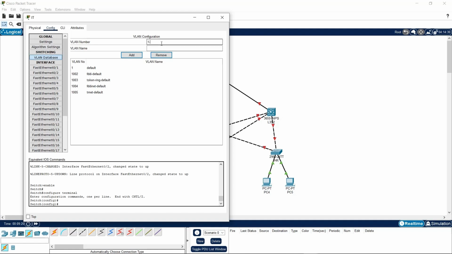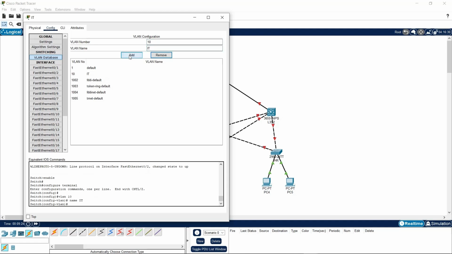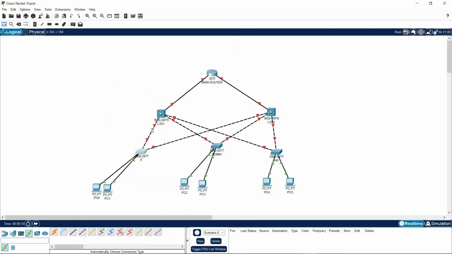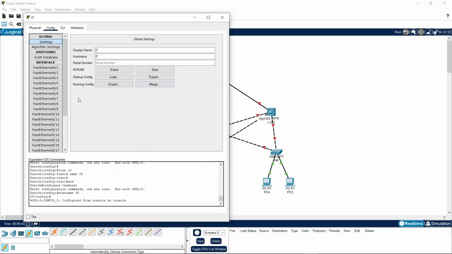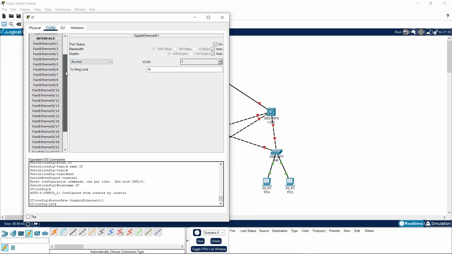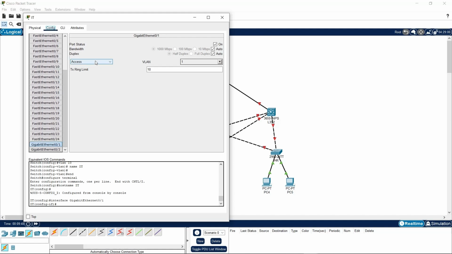So come to VLAN database. This is VLAN 10, and I'm going to name it IT, like the name implies. In settings, I'm going to switch the host name to IT. Then I'm going to set the trunk ports. The trunk ports here are gig 1 and gig 2, like I did here. So I'm going to come down here to gig 1. I've already explained how to do this in CLI mode in my other videos, but I'm also going to explain it here too. But I'm just going to set it to trunk here